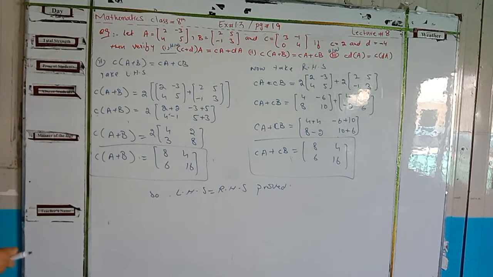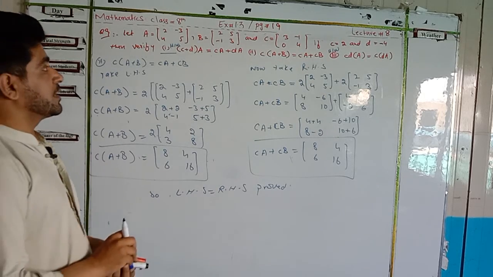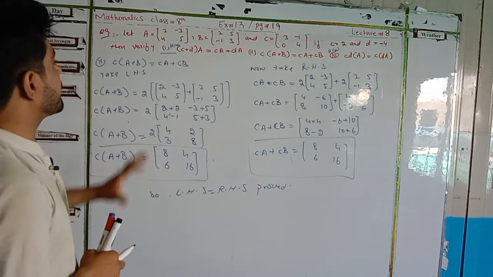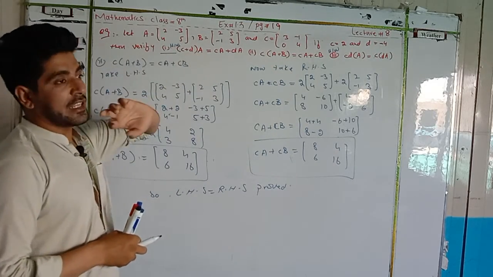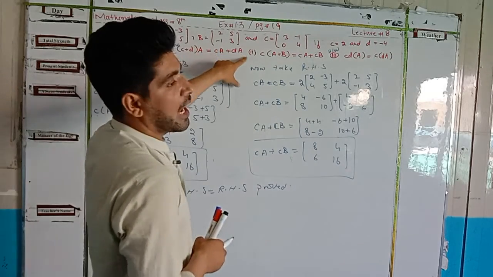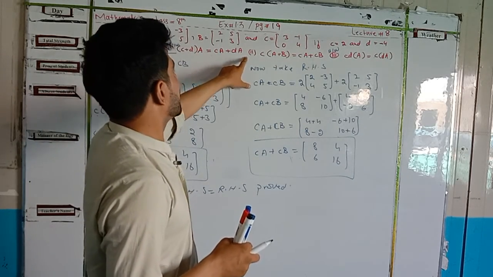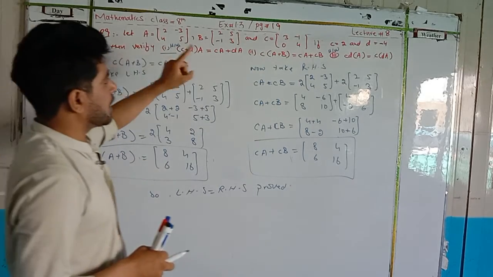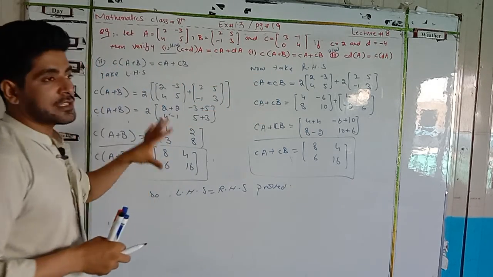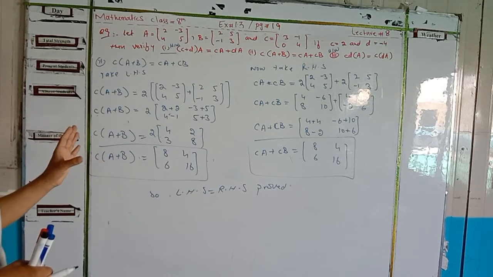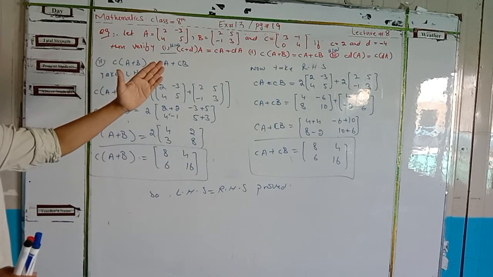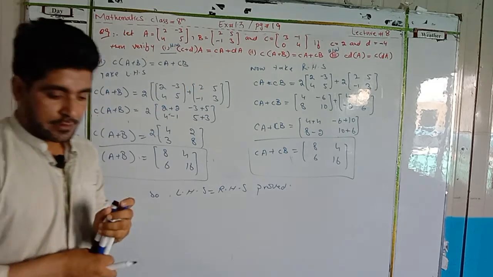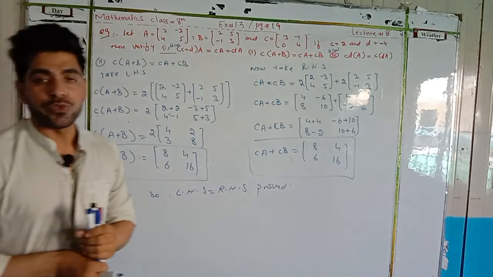Okay, I have done question number 7, 8 and 9. In question number 9 we have 3 parts, 1, 2 and 3. I have done part number 2 and you will do parts number 1 and 3 in your neat copy. This is all your practice and your homework. Okay, I will check soon. Thank you.